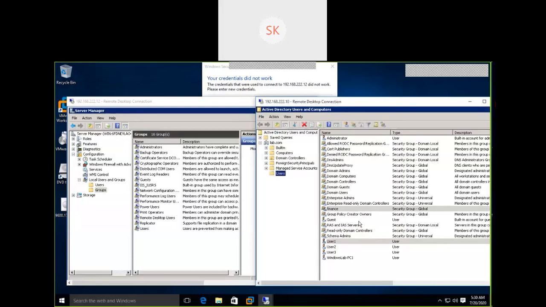So we created a finance group. Now, point number 2 or 3: a domain user can be part of a local group of a member server. We did that. Now what I'm doing is adding one of the users to this finance group. How to do so? Right click, go to finance properties.